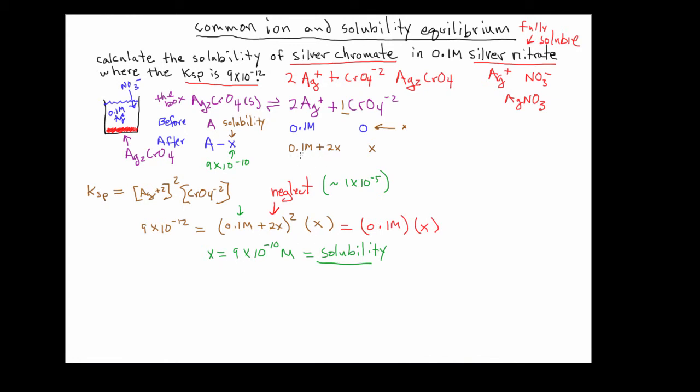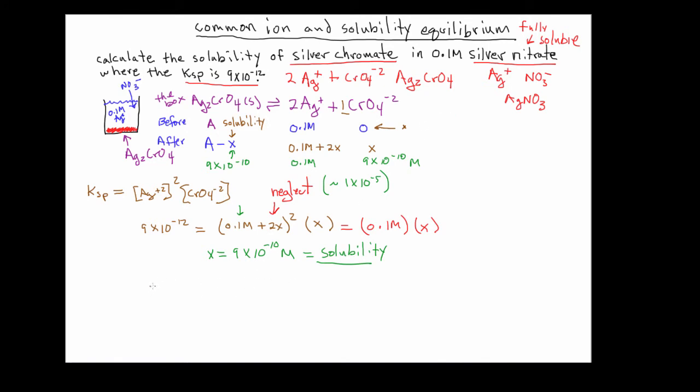Now, going back to this, if we actually calculate the solubility of the individual ions for the silver, there's not going to be any change. It's 0.1 molar. And then for the chromate, we're at 9 times 10 to the minus 10th molar. All right. Now,